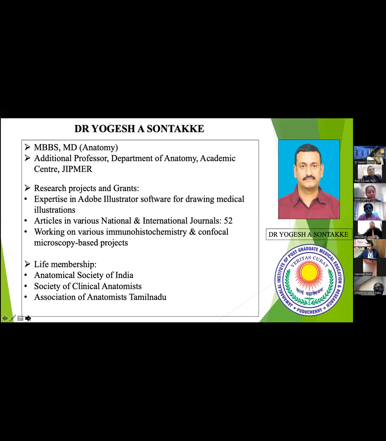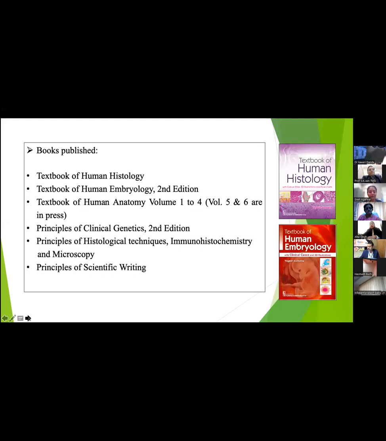He has published more than 50 articles in various prestigious journals of anatomy. And he's published and authored a number of books of anatomy, including various fields of anatomy. To name a few most popular ones are the Textbook of Human Histology, Textbook of Human Embryology, and brought out the second edition, Textbook of Human Anatomy, Volume 1 to 4, which are already published, and Volume 5 and 6 are in publication. Principles of Clinical Genetics, again, second edition, Principles of Histological Techniques, Immunohistochemistry and Microscopy, and finally, Principles